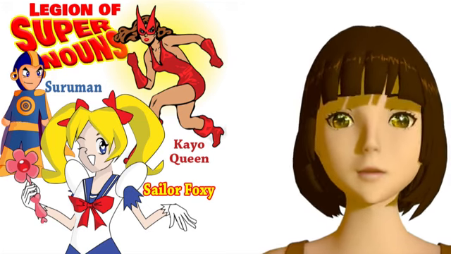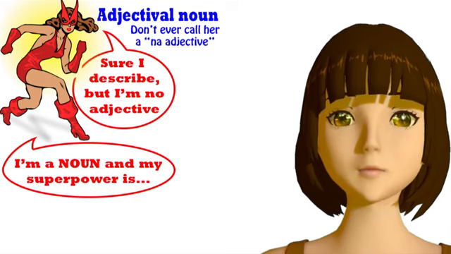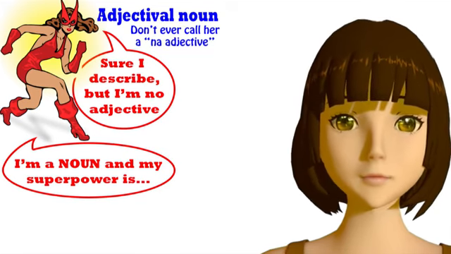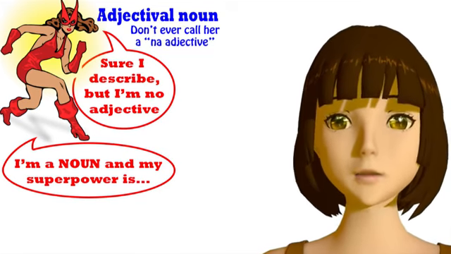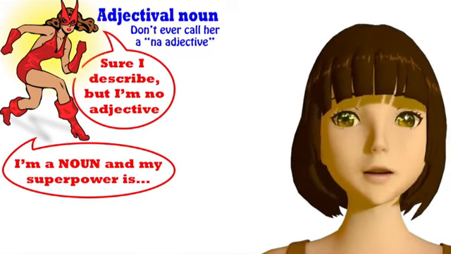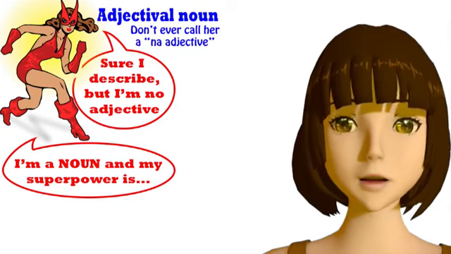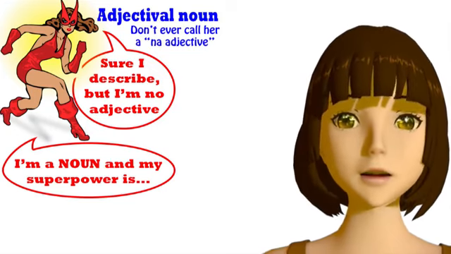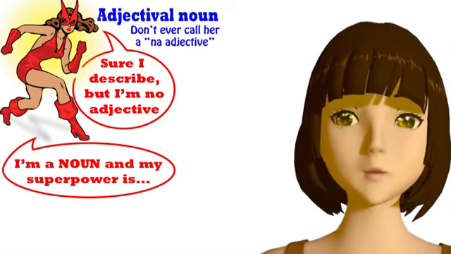The first group is adjectival nouns, which are horribly misnamed by the textbooks. Na adjectives, they're not adjectives. They are nouns that can, under certain circumstances, be used adjectivally. The superpower of adjectival nouns, the one thing they can do that makes them different from any other noun, is that they can use the soft or connective form of the copula da. So, we can say